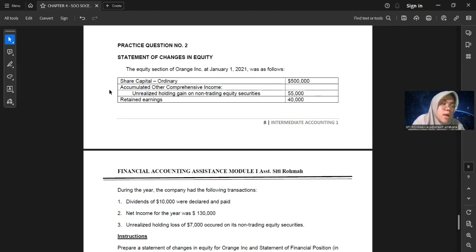Here there is some information related to Orange Company. The first is capital ordinary share, 500,000, and then accumulated other comprehensive income from unrealized holding gain on non-trading equity securities, and then retained earnings